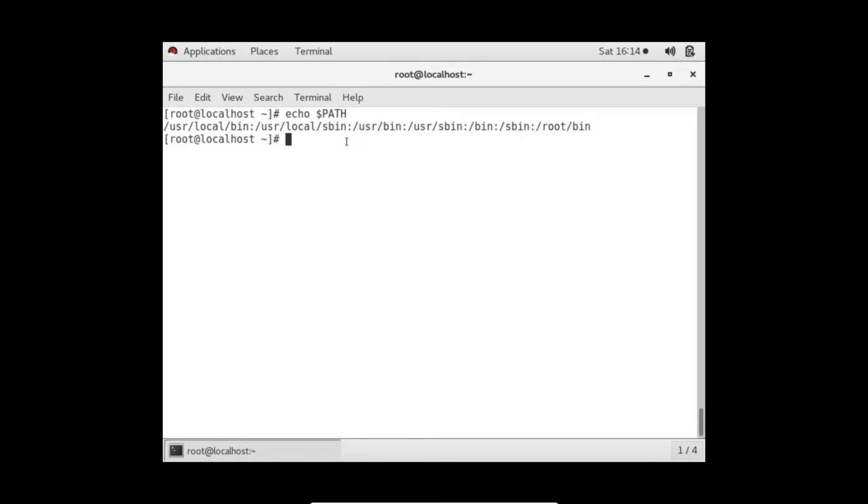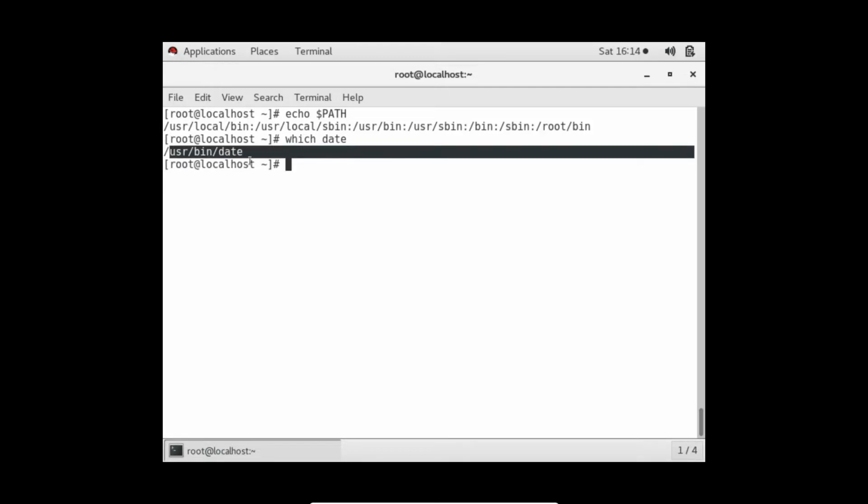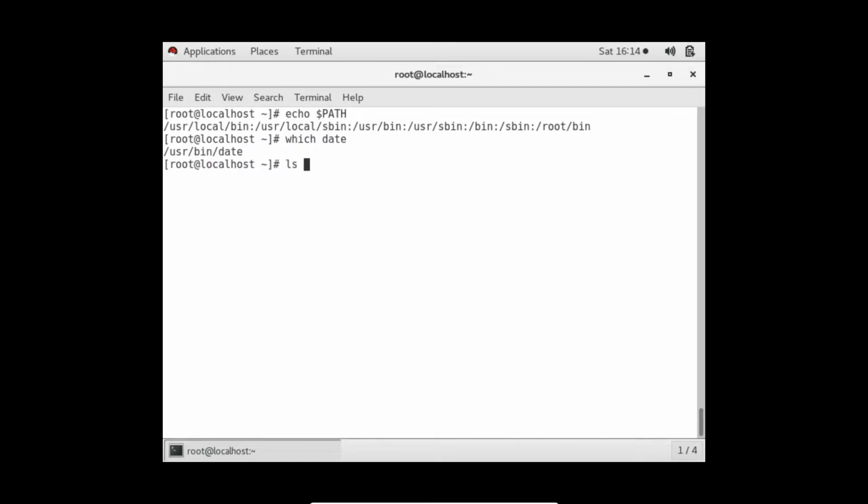Now if I do which date, as I already told you, every command is a program file in the background stored somewhere in the hard disk. So which will give the path of the executable file that is exactly running behind this command. And how do I know this is a file? As you all know, the ls command with the option -l shows the information in a long format, and ls will only show the information of files. So if this command gives us any output in the form of